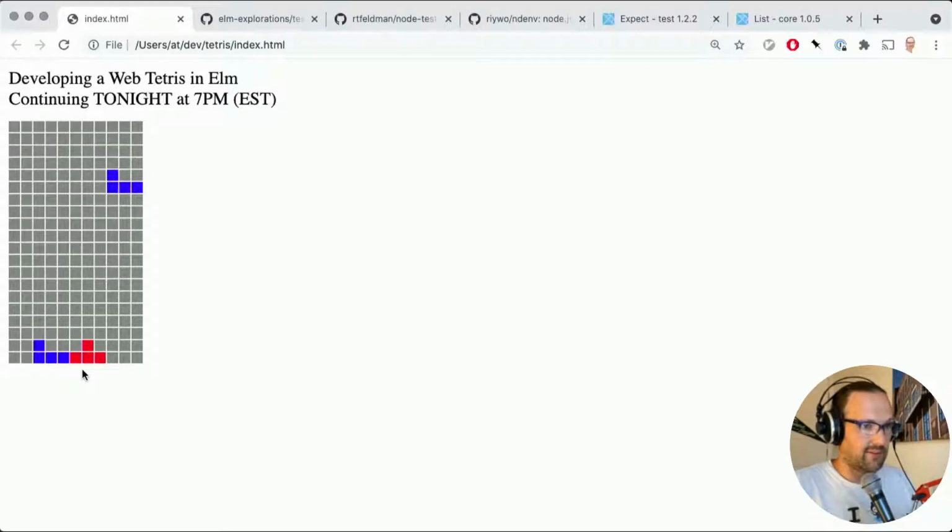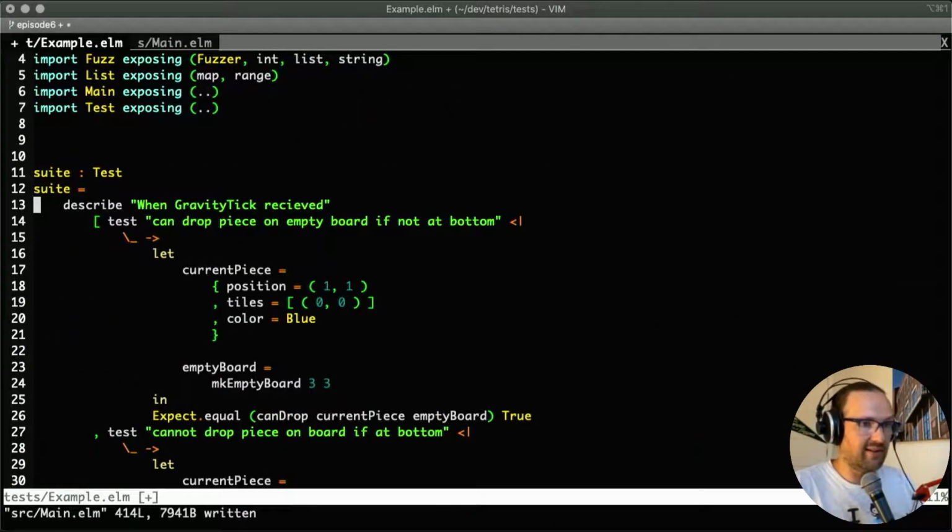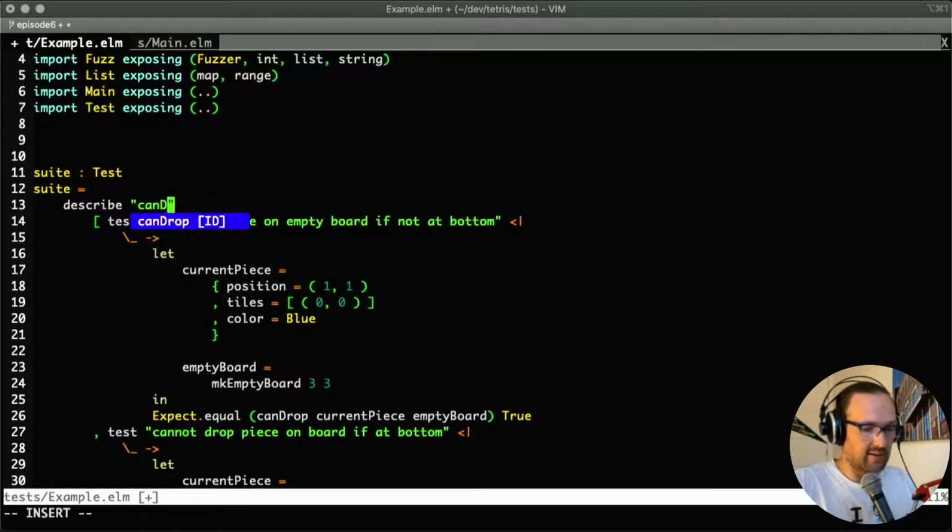So that's really great. But now here's this. It doesn't respect the other tiles. So I would argue that's the next thing to implement. Yeah, we still have a bit of time to do that. So I just go back to our test suite, and I would say actually this block here is kind of more for the can drop function. Can drop,